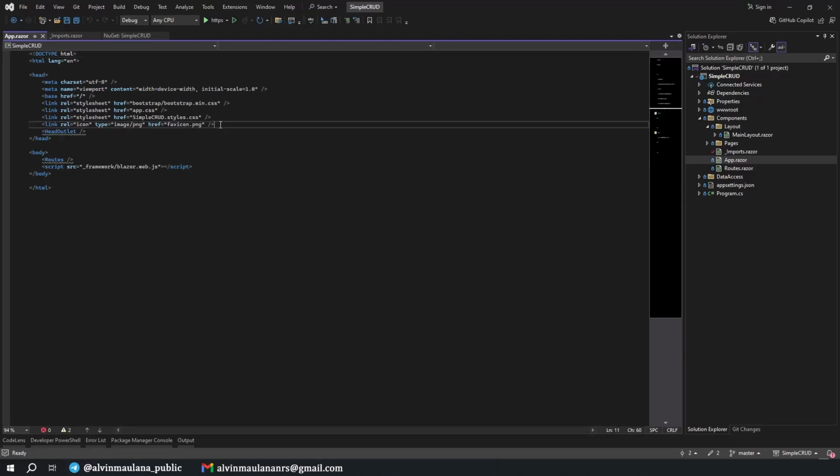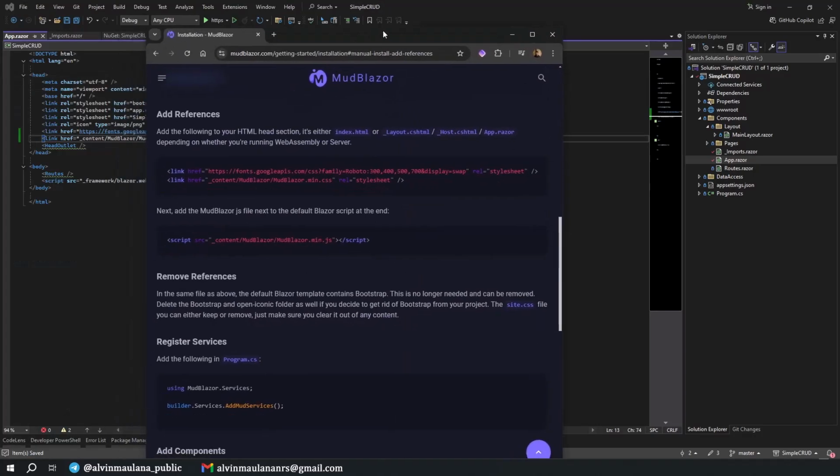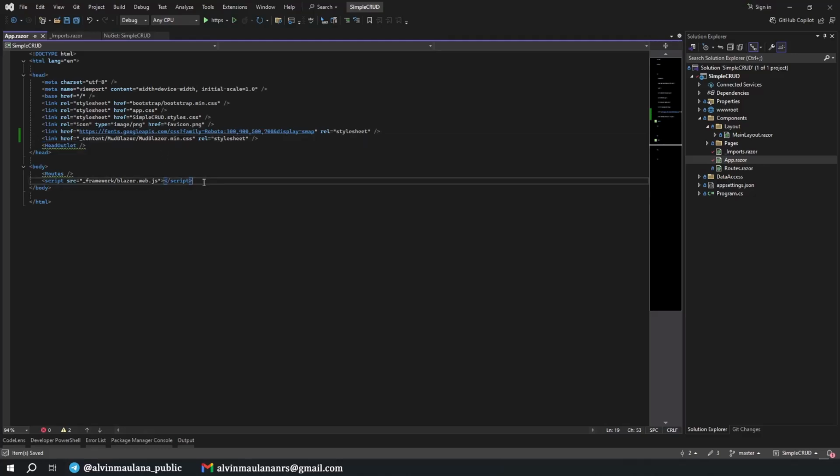You can put it above the HeadOutlet, like this. And then you also need the JavaScript for MudBlazor here. You can copy and paste it below the blazor.web.js.